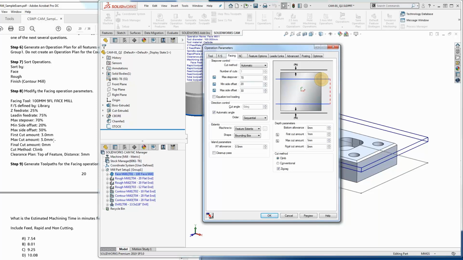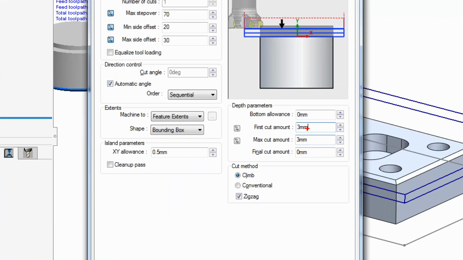The first cut amount I see is 3 millimeters. Right here under depth parameters, first cut amount is 1 millimeter. So we'll set that to 3 millimeters. And the max cut amount is 3 millimeters, so change that to 3 millimeters. And you just want to keep in mind, as a tip, make sure that these values say